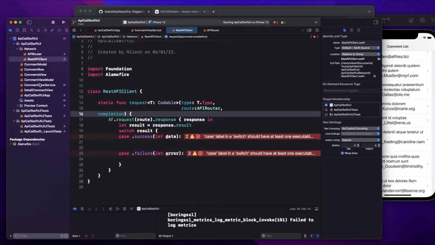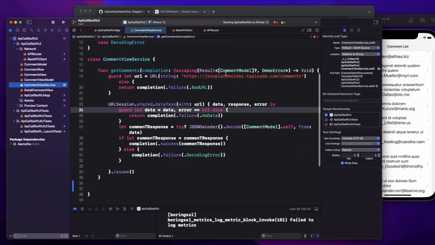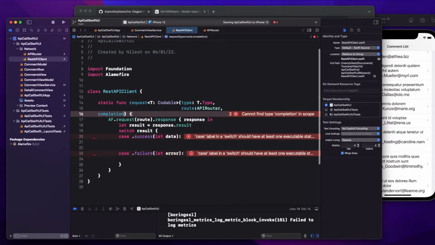If you see in the previous case, we also had a completion handler block where we were passing result, comment model, array of that, and the error type. Okay. So here also we'll pass the same thing, but instead of passing a comment model, I'll pass a generic model.